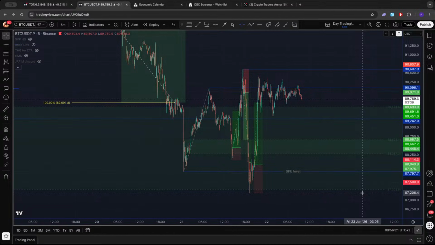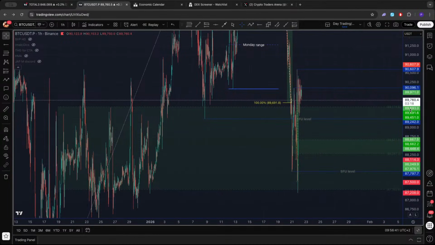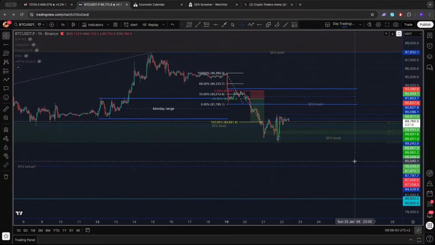For me, to be honest, the diamond pattern is 50-50. Sometimes it's getting back in the range, sometimes it's continuation. I don't know. I don't have an advantage with the diamond pattern. I just see the pattern, I'm staying out, and I'm waiting for the market to tell me what to do. So if I put the 1 hour chart,